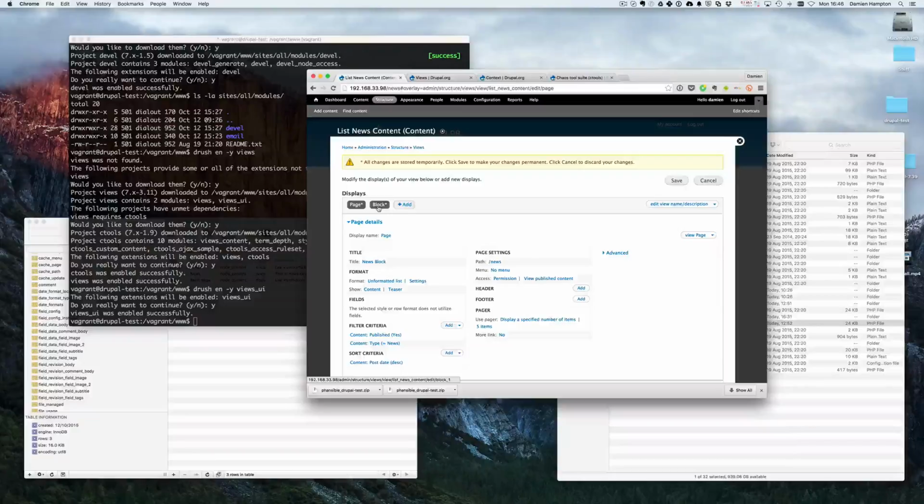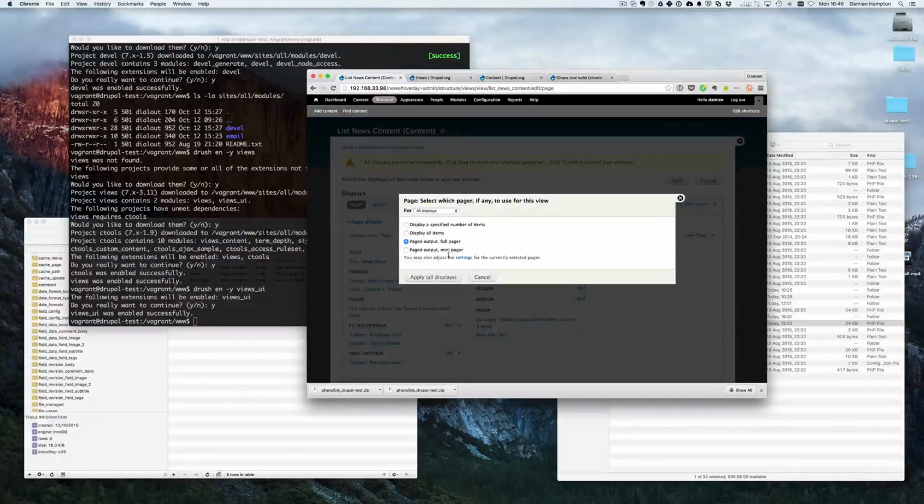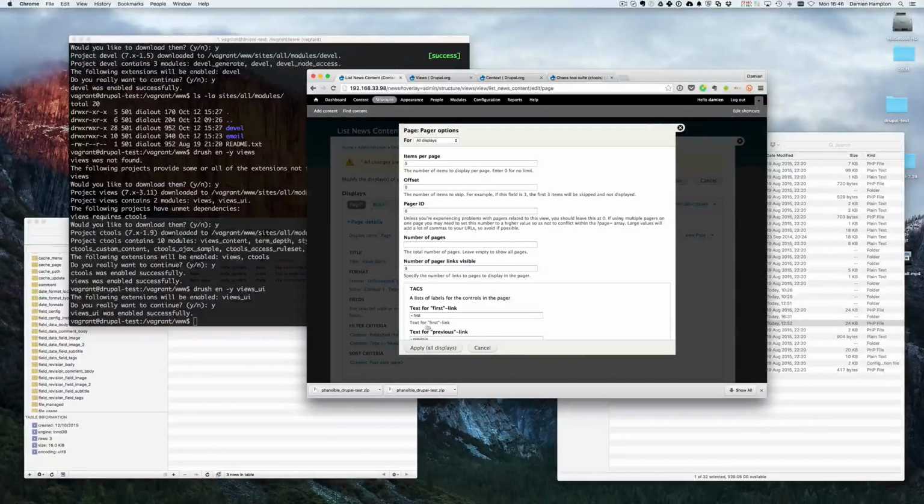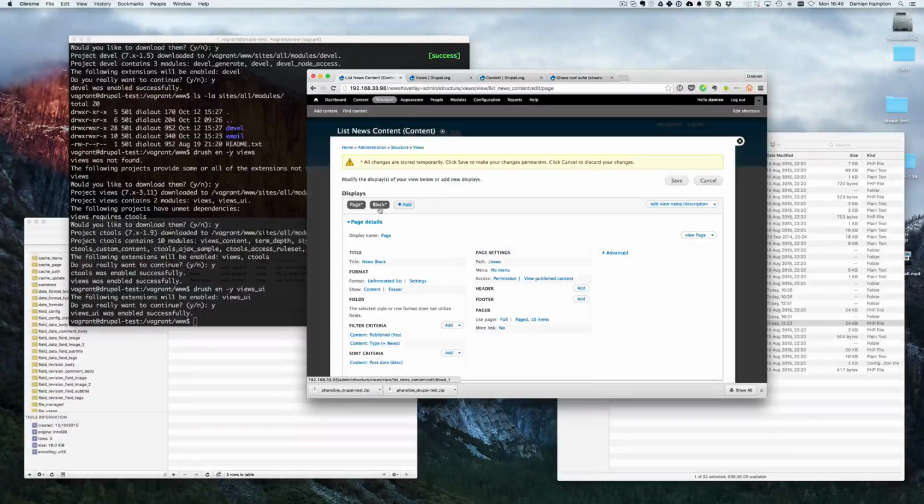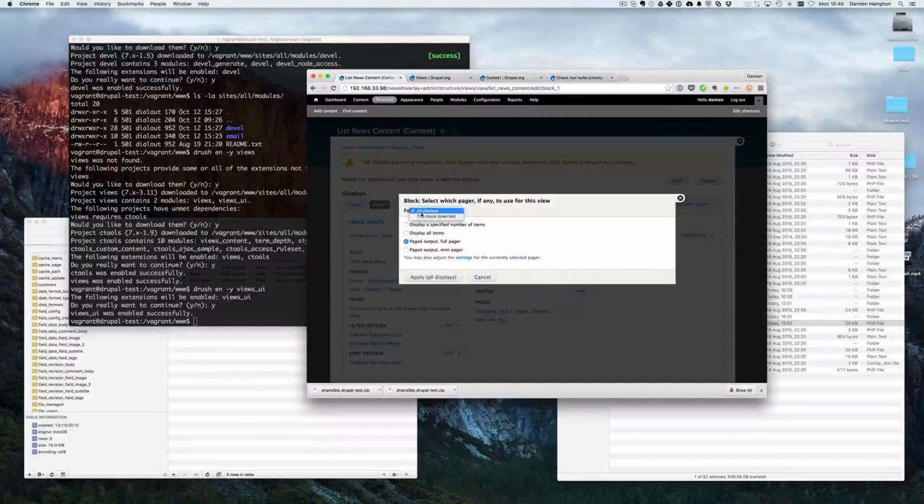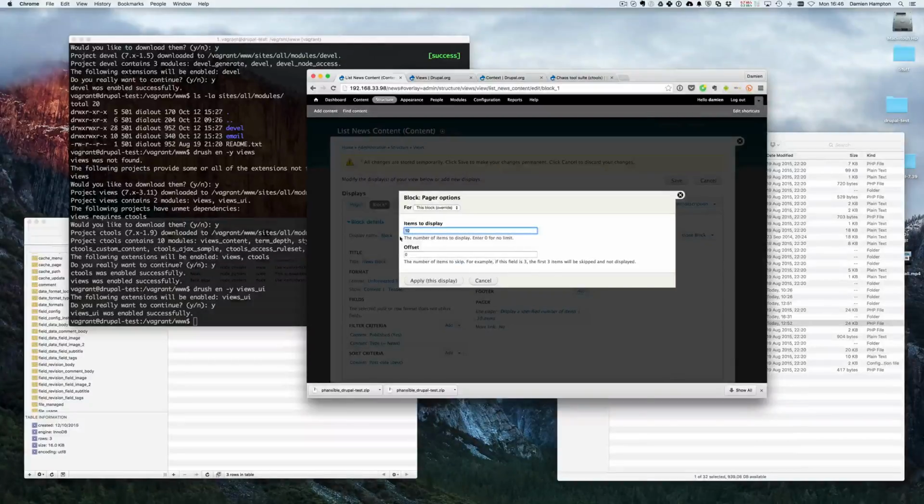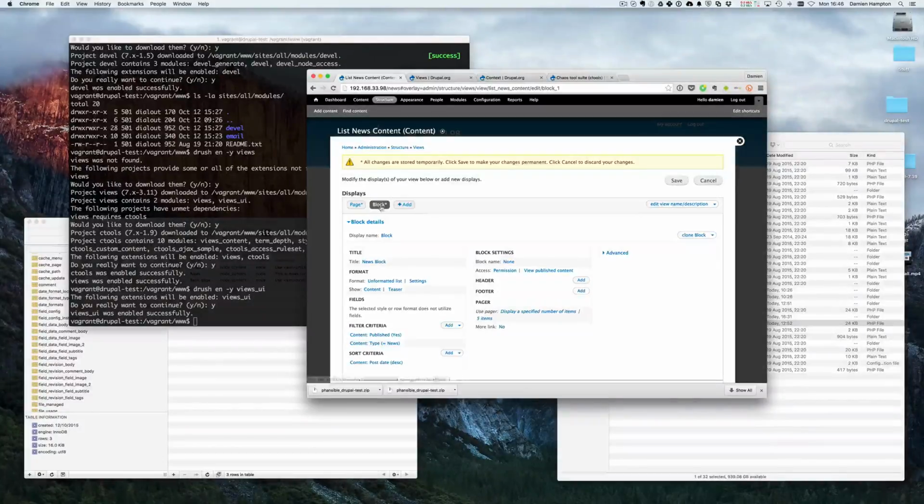Our page output did have a full pager. Number of items 10. On our block, we want that to be different. So for this block, specific number of items, 5. Done. So now our block will display 5 items and there won't be a pager. But for the page output, there will be a pager and it'll be limited to 10 items. How good is that? We can save that